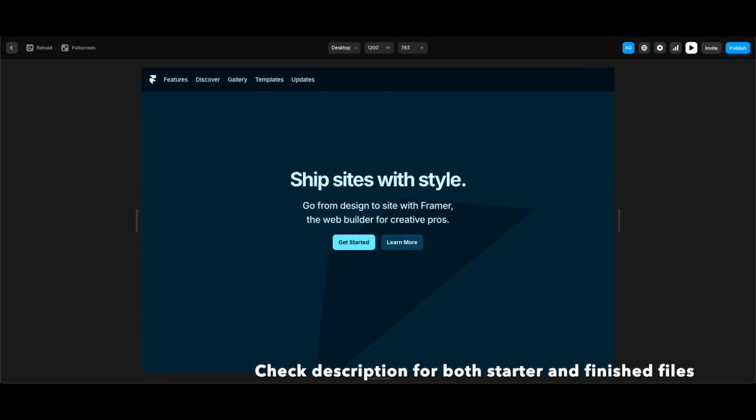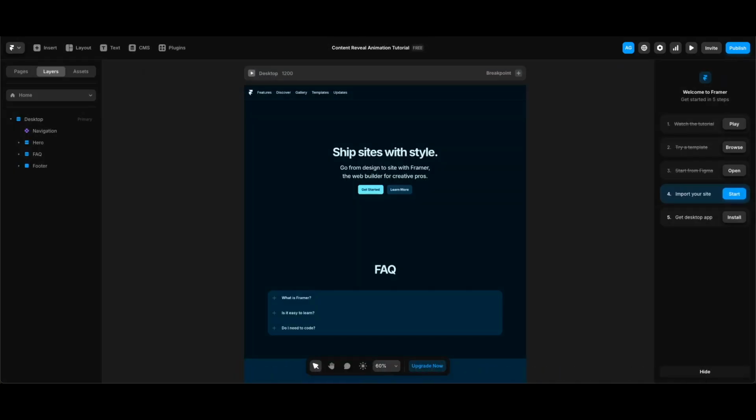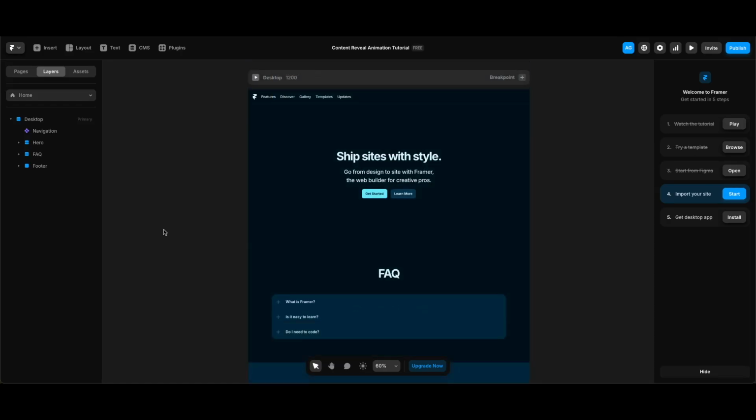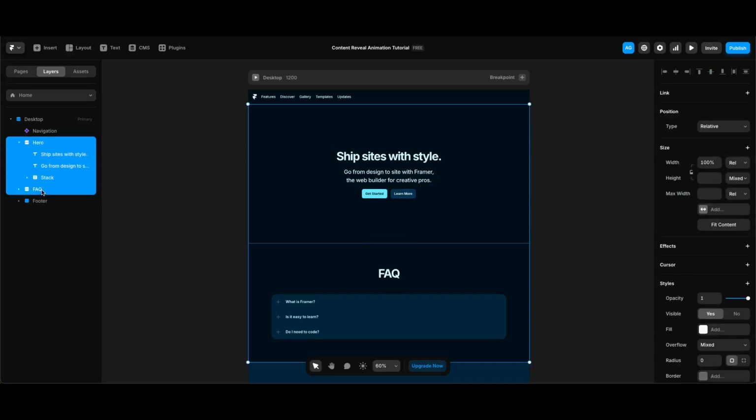So let's get started. I used Framer's pre-made navigation, hero and FAQ sections that I included using the insert menu, then changed their colors. And at the very bottom, I used a sample footer section with viewport height. We're gonna start with wrapping hero and FAQ sections in a stack